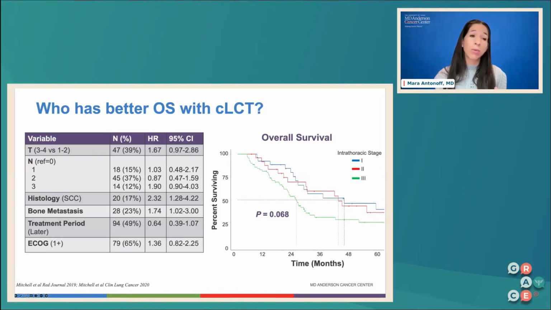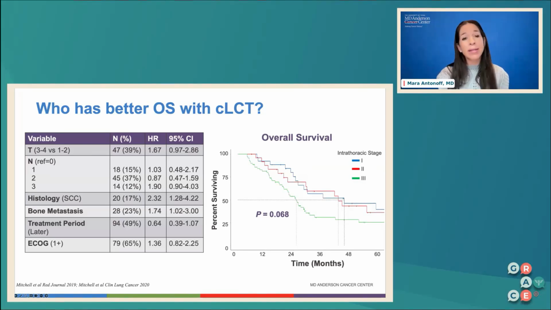And in this study, we showed some things that I think may be quoted, may be knowledgeable to other individuals, but I want to point out that they don't necessarily apply to everyone. So in this study, we found that individuals who maybe didn't have as large of tumors, as much involvement of lymph nodes, patients who didn't have bone metastases, tended to do even better with this comprehensive local therapy.